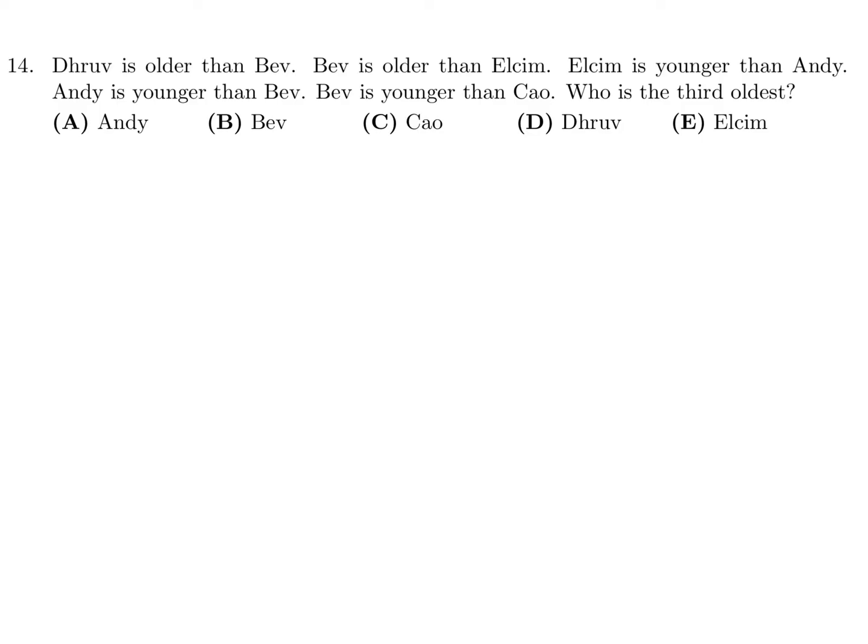Dhruv is older than Bev. Bev is older than Elsim. Elsim is younger than Andy. Andy is younger than Bev. Bev is younger than Chow, whatever. Who is the third oldest? Okay, so